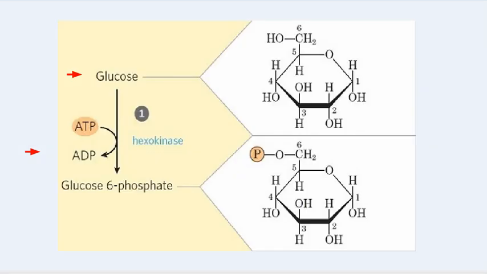So here it is. Glucose, the enzyme is hexokinase. ATP gets broken, ADP is formed, and that phosphate gets joined with glucose. Please keep in mind, on the 6th carbon. So the phosphate is on the 6th carbon. Here it is, the phosphate is on the 6th carbon. So glucose is converted into glucose 6-phosphate. So this is the first step of